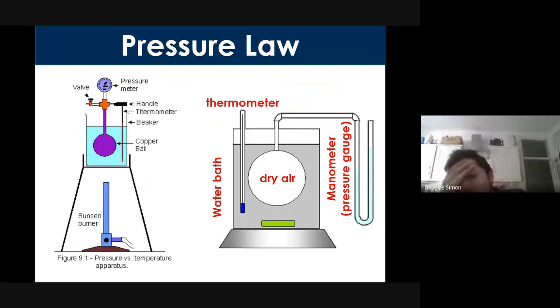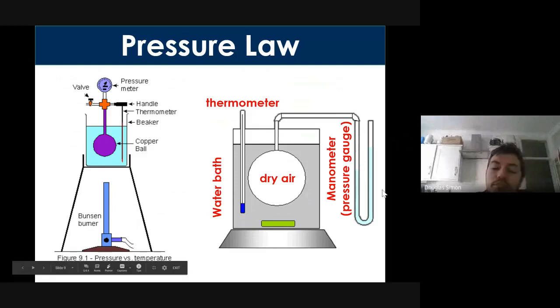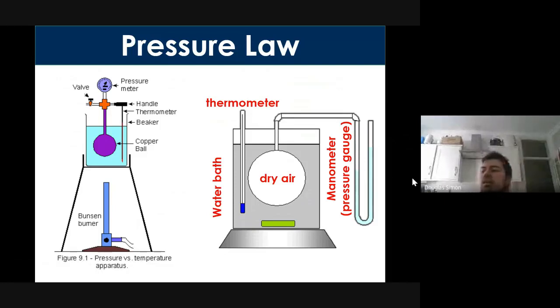However, it's worth showing you that we can do this in different ways. We can do this with a simple pressure meter, where you just literally read off a scale, or we can use this thing called a manometer, which is a more old-fashioned pressure gauge. I think biologists might use these in certain experiments, and they're relatively simple. What happens is you have a U-shape bit of glass tubing, which usually has water in,